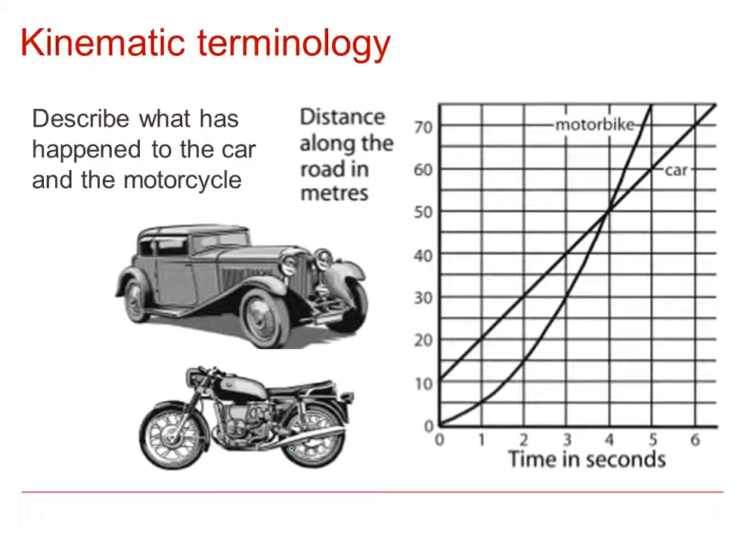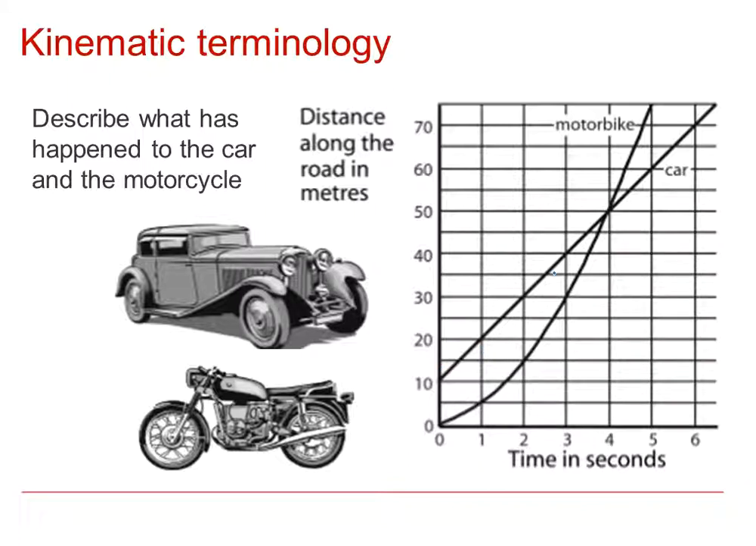So here we have a graph showing the distance along a road of a car and a motorcycle. So I'll just give you a second. You can pause the video if you like to describe what has happened to the car and the motorcycle. So here it's distance along the road. So if we look at the car first, I can see this is a straight line. So that's telling me on this distance along the road against time graph that the car was travelling at a